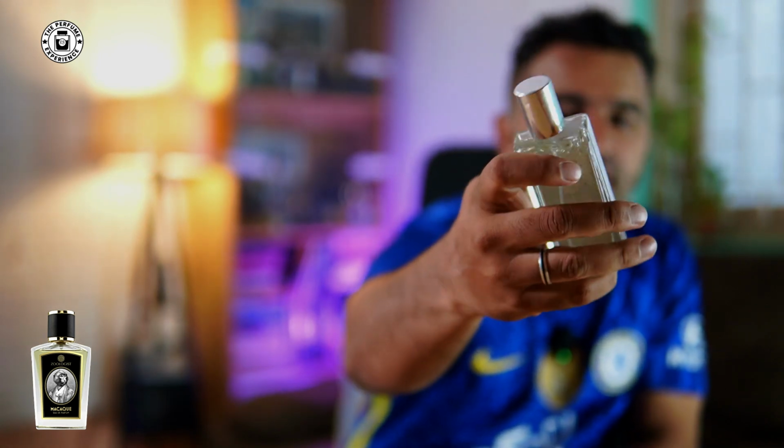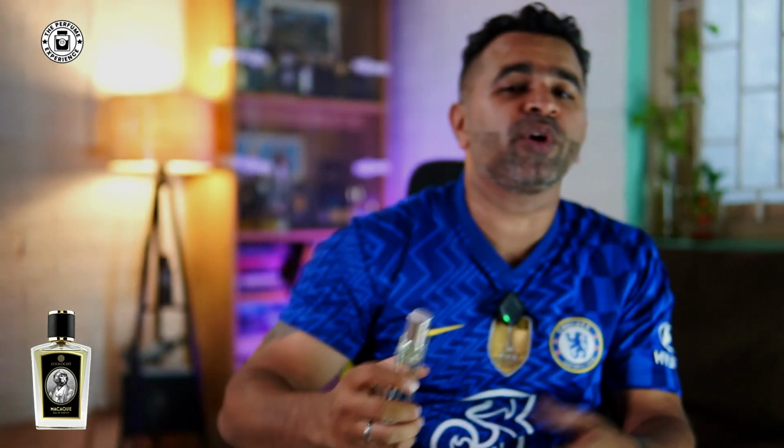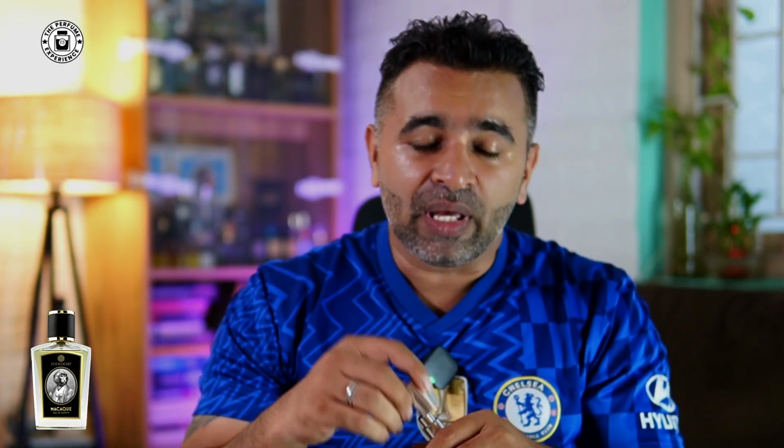This is, I think, a 50 ml bottle that I've had for about a year plus, and I don't reach out for it so much because it's a very different fragrance. It's not something you would get compliments for. But if you're looking for something very different, you can wear this, because it has a lot of spicy elements. If I'm not wrong, it has galbanum, and galbanum has that spicy element,